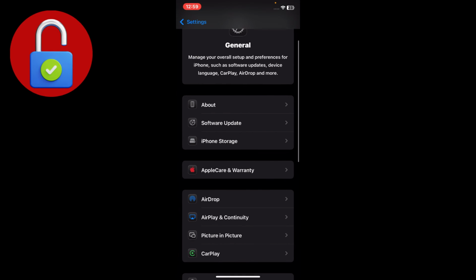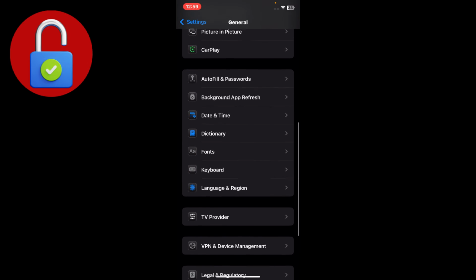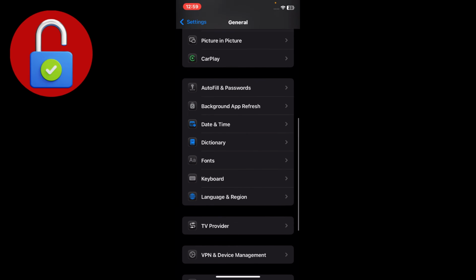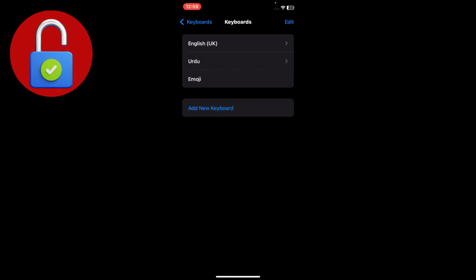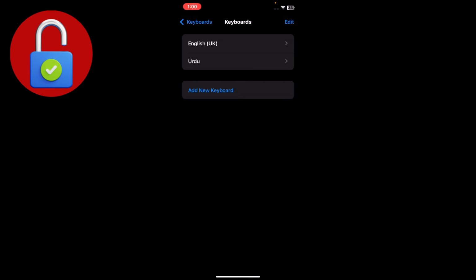After that, simply go back and scroll down in the General section and find Keyboard. Tap on that and again tap on Keyboards, and here you just remove the emoji keyboard, just slide that and delete it, and again go to the Edit section and